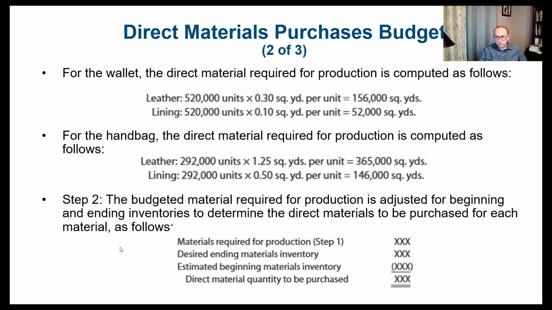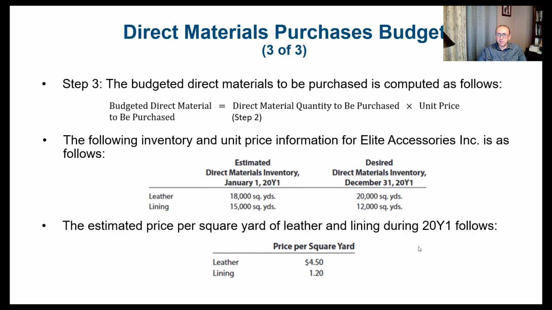And again, I hope this is logical. We start with step number 1, where we have the materials required for production. We get these values, which is what we just calculated here. Then we add the desired ending material inventory, and we subtract the estimated beginning material inventory that's already available. That will give us the direct material quantity to be purchased. So let's apply that. And then in step number 3, the budgeted direct material to be purchased is computed as follows. We get the direct material quantity to be purchased from step number 2, and we multiply it by the